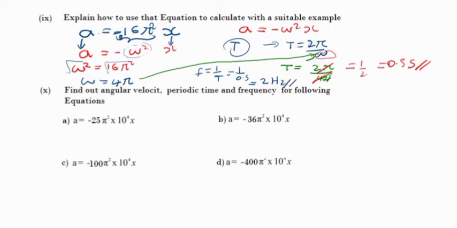Now I'll do these 4 questions. In this one, I'm going to obtain omega. Omega is what? Square root of this whole set, because it's like a resemblance thingy. Same resemblance. So omega square, so omega is equals to 5 pi. 25 root is 5 and pi square root is pi. So the answer now I'm going to apply to this equation. Time is going to be what? Angular velocity I've already found, and the periodic time is going to be 2 pi over 5 pi. Pi and 5 cancel, so the periodic time is 0.4